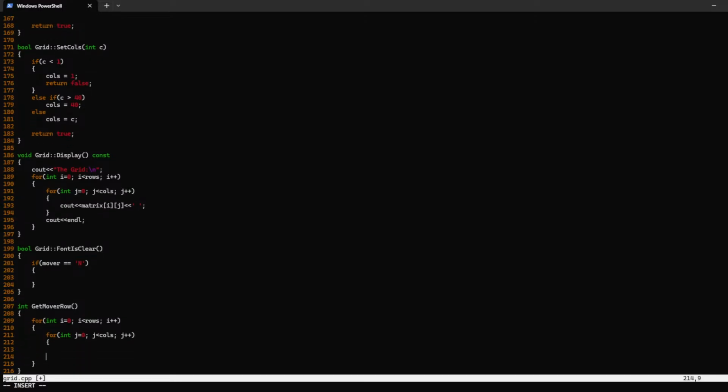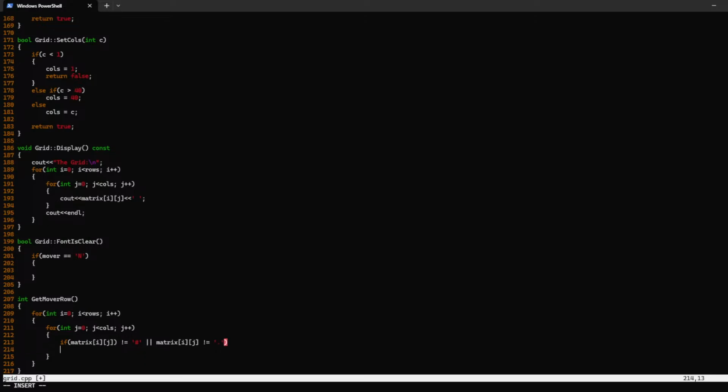And then what I'm going to do here is say if matrix i j is not equal to the pound symbol, or matrix i j is not equal to a dot, then